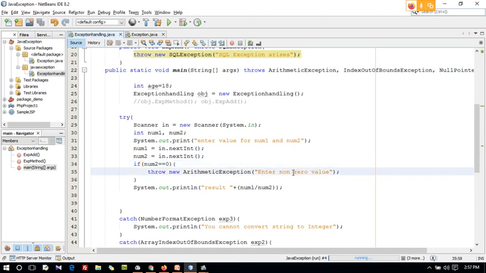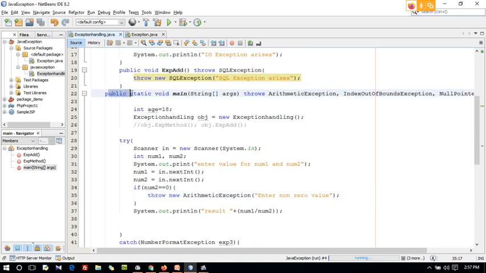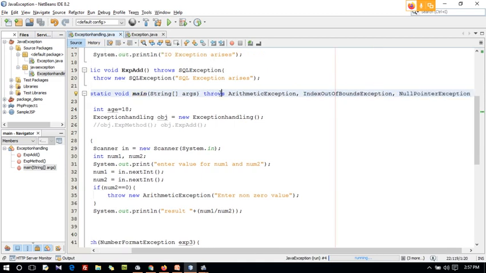If you execute this and enter value 0, automatically it will throw this arithmetic exception here itself. And guys, in the public static void main itself, I am declaring that this main method can maybe raise this arithmetic exception, index out of bound exceptions, null pointer exceptions.